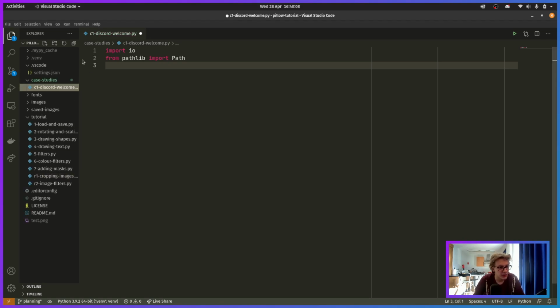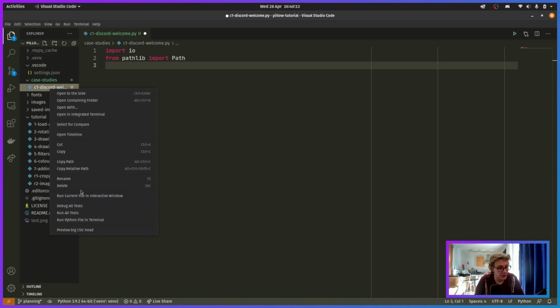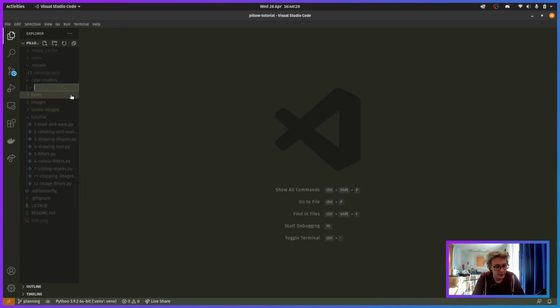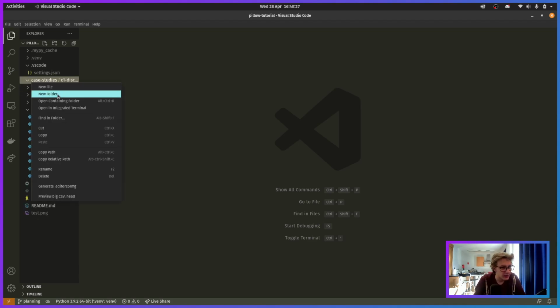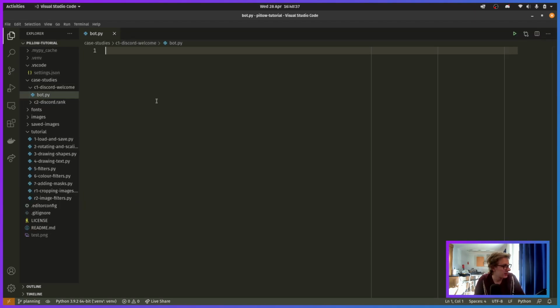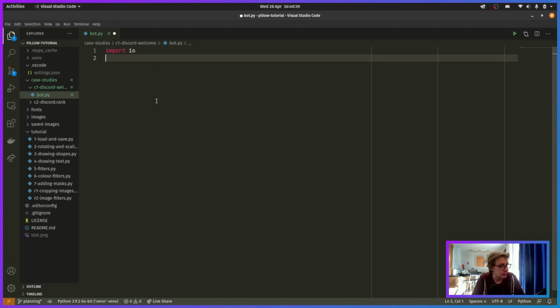That's C1 really. So you have the welcome. Well, this needs to be a folder. Okay, whatever. We're just going to remove this. So new folder C1 Discord welcome, and then we're going to have C2 Discord rank, and in here we're going to have a bot.py, which is going to take our import IO, and then we're also going to have